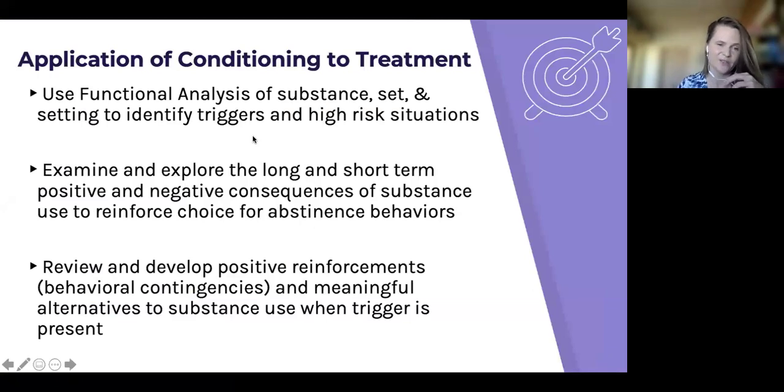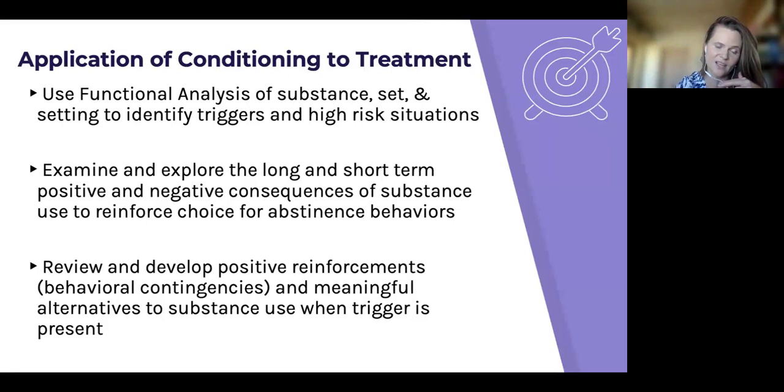So how do we address that? The foundational intervention is to use a functional analysis, which is a diagram of the people, places, and things for patients to identify what their biggest triggers in high-risk situations are, so that they can learn to manage them in advance to the extent that's possible. You're also examining and exploring alongside them the long and the short-term positive and negative consequences of substance use, because you're really wanting to make sure that they are clear to themselves on why they're willing to make this change